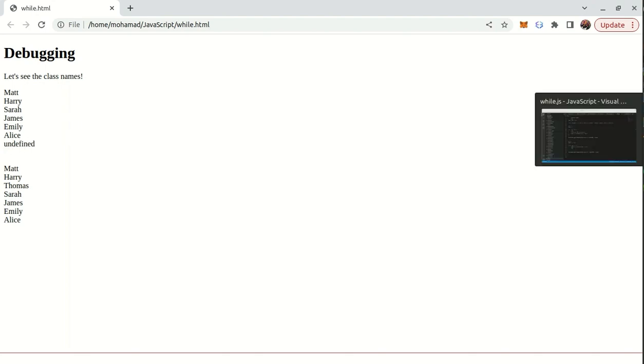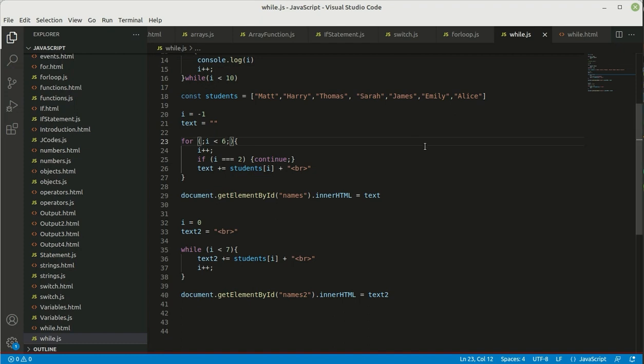So be very careful about these details, and if you haven't understood it, you can keep repeating through the loop and understand what I'm saying. I'm going to do that for you once. It starts from -1 and then it will become 0 when it becomes i++. Then it will print the text, because it's not going to skip this one. But when it gets to, for example, 5, it will check here and it will enter the for loop. i becomes 6, and the position number 6 or the 7th element is